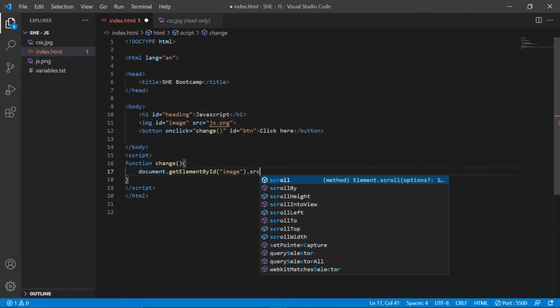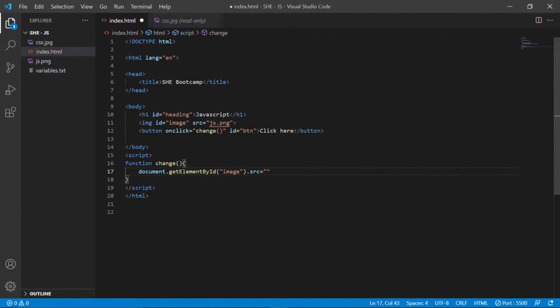So .src equal to css.jpg, and next the heading JavaScript. So here the ID is heading.